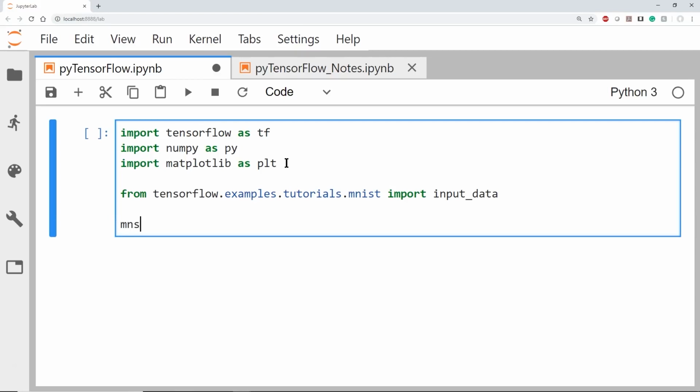And if we're going to tell where it's coming from, we need to go ahead and create a variable with that information in it. And we'll just call this MNIST. I don't really know how they pronounce that. I should probably look that up. It's a very common data set to use. And there's our input data, and we're going to read